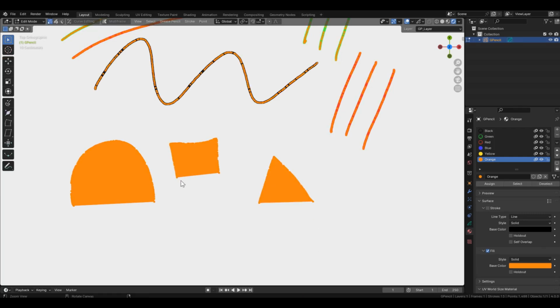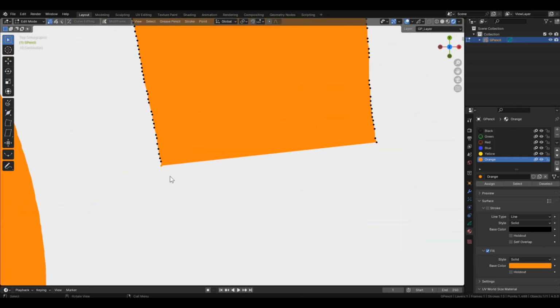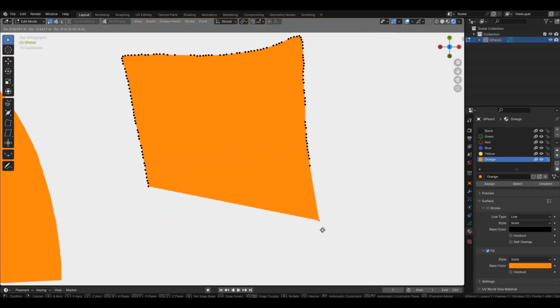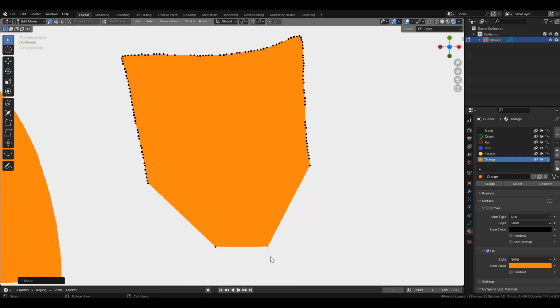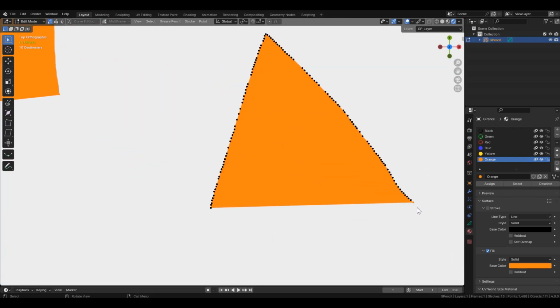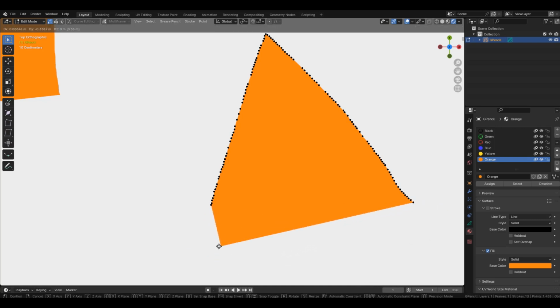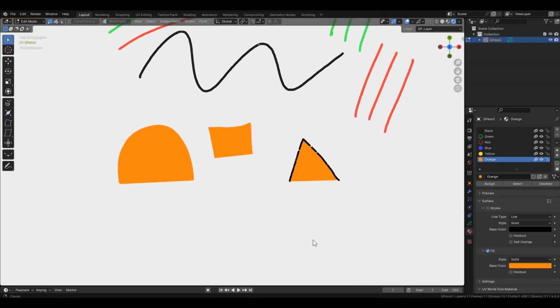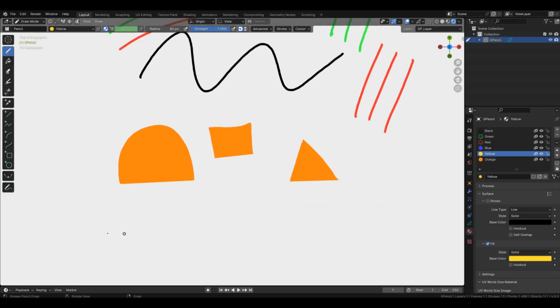Each stroke has a start point and an end point, and fill works relative to these 2 points. Fill closes the contour along the shortest path between the extreme points. Therefore, if you need a rectangle, it's enough to draw 3 sides. You can switch to edit mode and move the extreme points for a deeper understanding of the process. Such strokes are called open strokes. This will become obvious if you add an outline to the fill material.